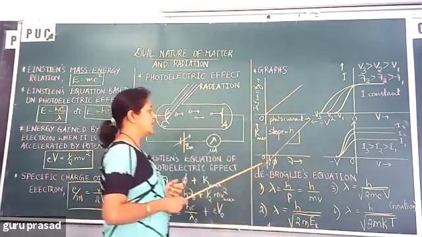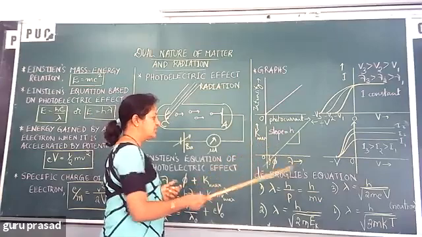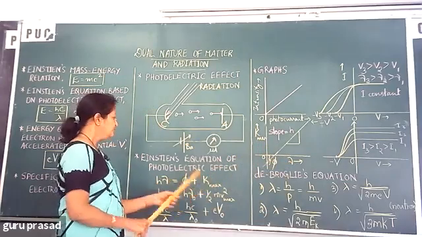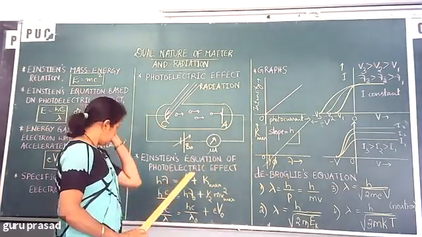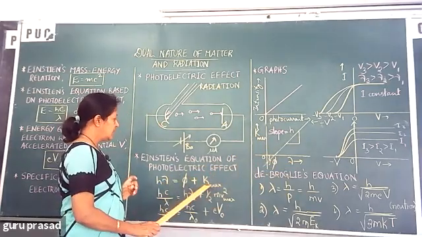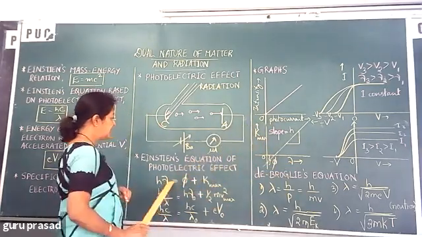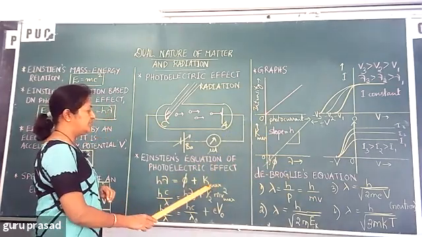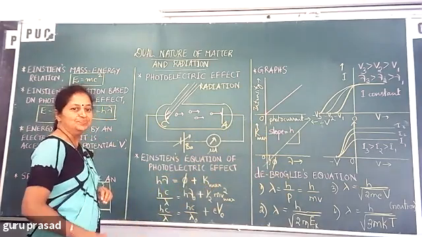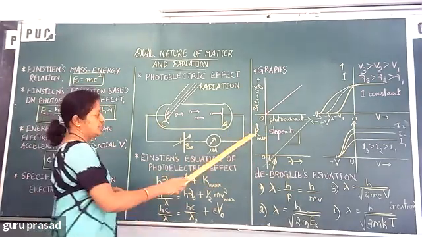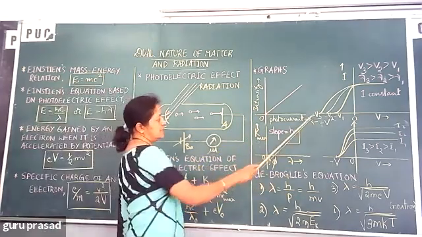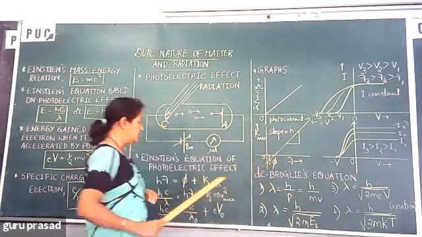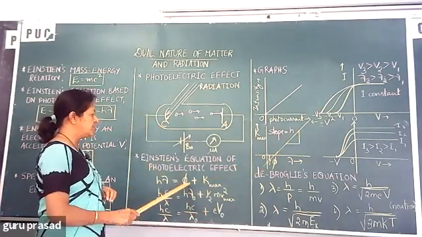Next, here is one graph you can see, kinetic energy versus frequency of radiation. If you plot kinetic energy along the y-axis and frequency on the other axis, and send phi to the other side, you can get an equation of the form y is equal to mx plus c. Same equation, linear equation. So you get again a straight line graph here. It has a negative intercept here. So when you take phi to the other side, it becomes negative.